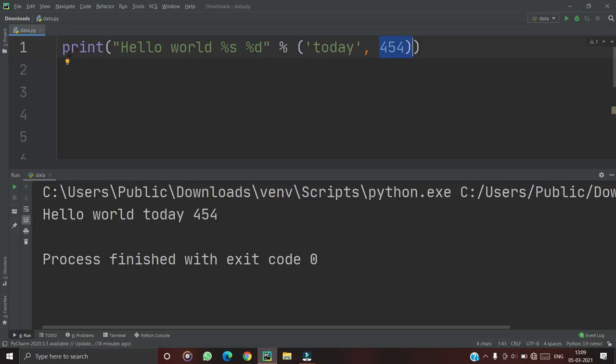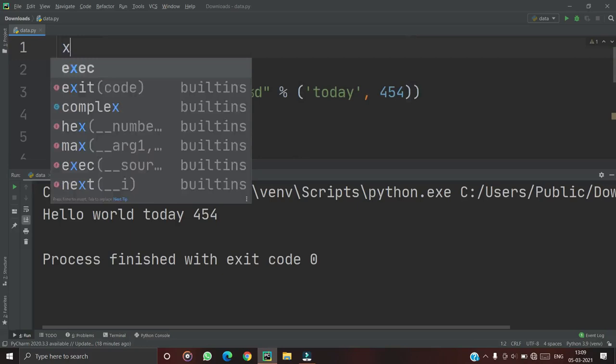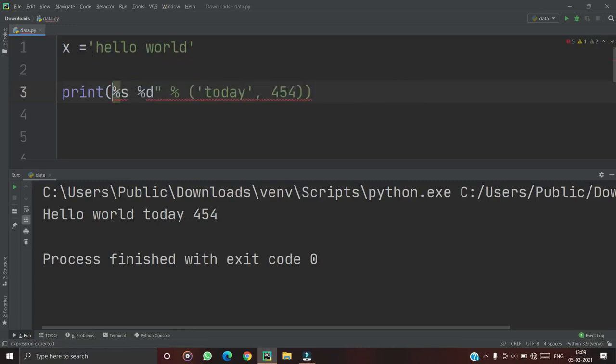Suppose I have a string here, like hello world. I already have hello world here, and here there is no need to add any double quotations.